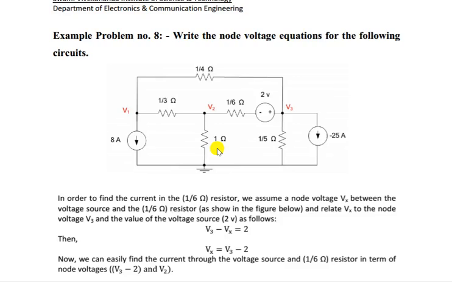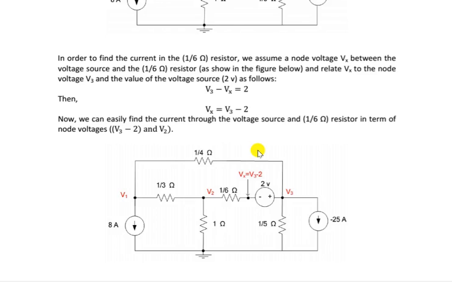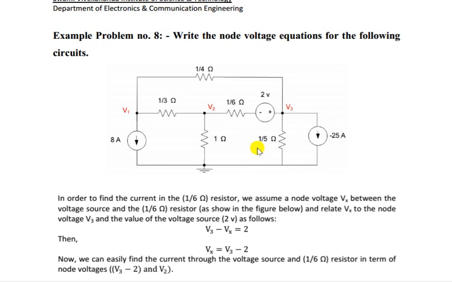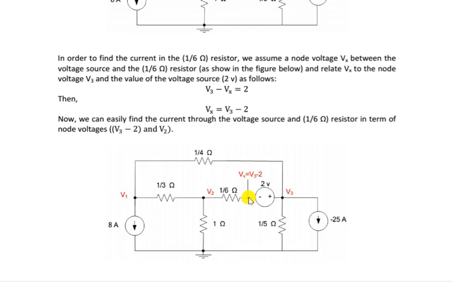Now there is another problem that we can solve. Now in this case what we are doing is we are taking these three nodes V1, V2, V3, but there is another node here because two circuit elements are connected at this point. Now, if you consider this point as Vx, right? Vx equal to what? Nothing but V3 minus 2, because V3 then plus 2 minus voltage drop, V3 minus 2.